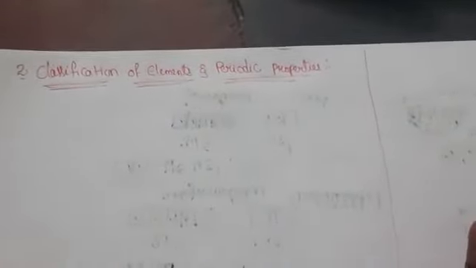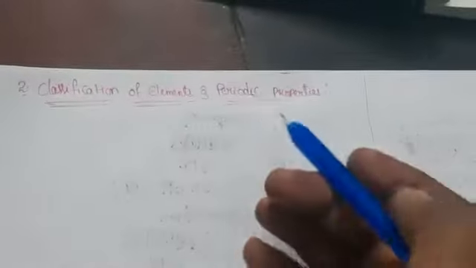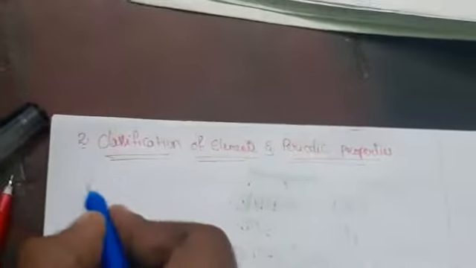So generally in a periodic table, how will we determine it? According to the atomic weight, we write an element. How the elements are classified, and also periodic properties, we are going to discuss here. Today the topic is the modern periodic law.